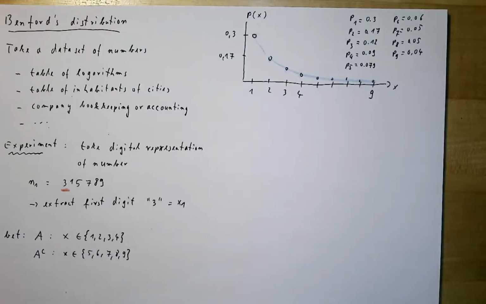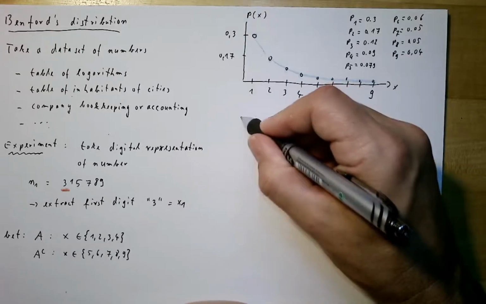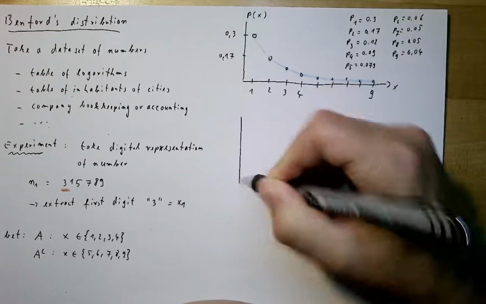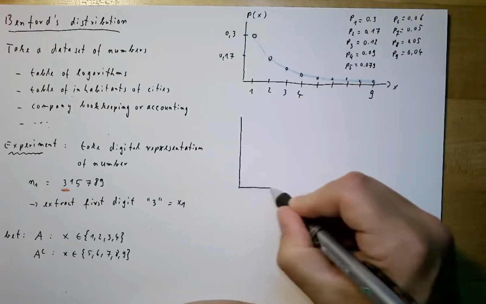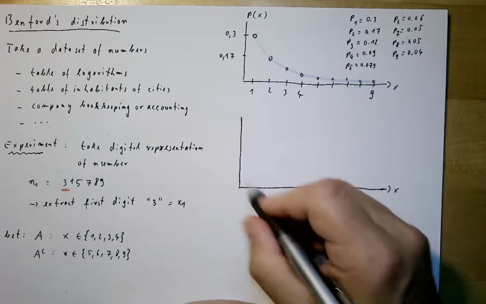And now let's see who would win this bet. For this, it's interesting to plot our cumulative distribution. So let's do this. Again, here we have x, and we have 1,